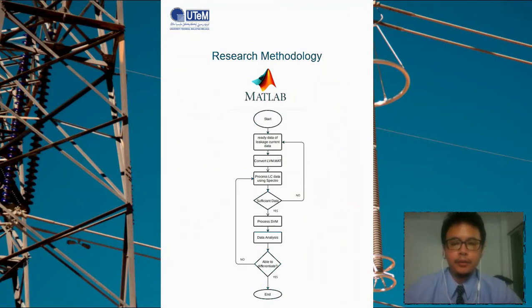Okay, from this flowchart, first we have the ready data of leakage current. The ready data leakage current was from LVM, so we have to convert LVM file into a MATLAB file. After that, we go to process leakage current data by using spectrogram. From there, we will get leakage current of harmonic content such as total harmonic distortion, total non-harmonic distortion, and total waveform distortion. If it is sufficient data, it will go to process